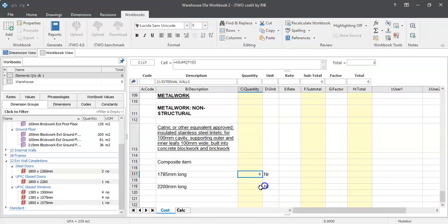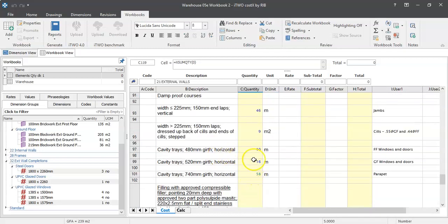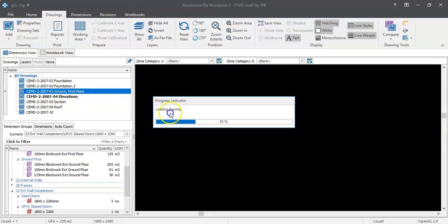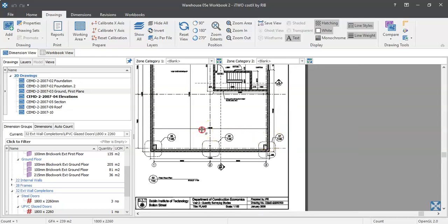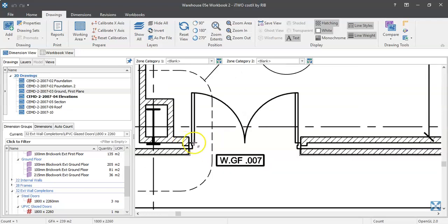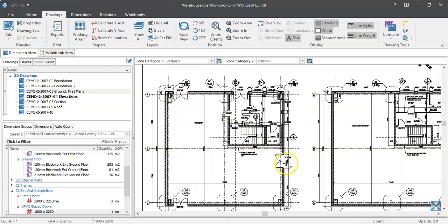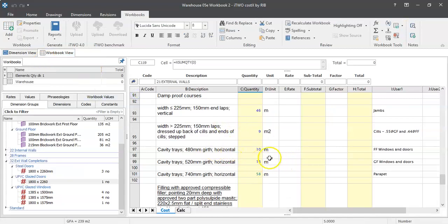Okay, so 8 of those, 5 of those. Now I'm just going to scroll back up to what I got going on here. I'm not entirely happy with this because some of the steel doors, if you look at what's going on the ground floor, not all the steel doors will have the larger girth in terms of their head, because they're in 2 and 5, even though we're on the ground floor. 1, 2, the 3 doors there, those 3 particular doors should have a different width, but we'll leave it for